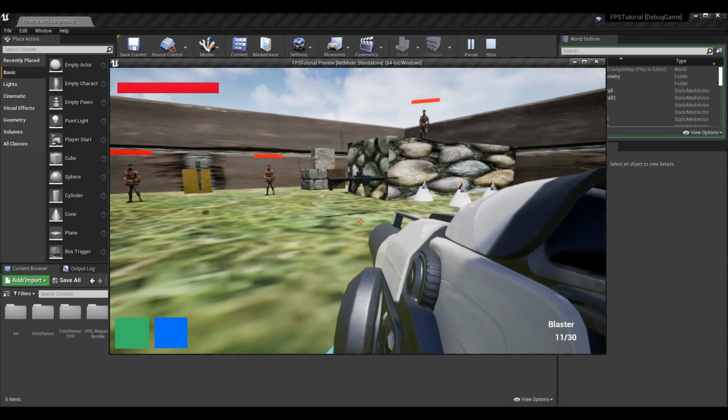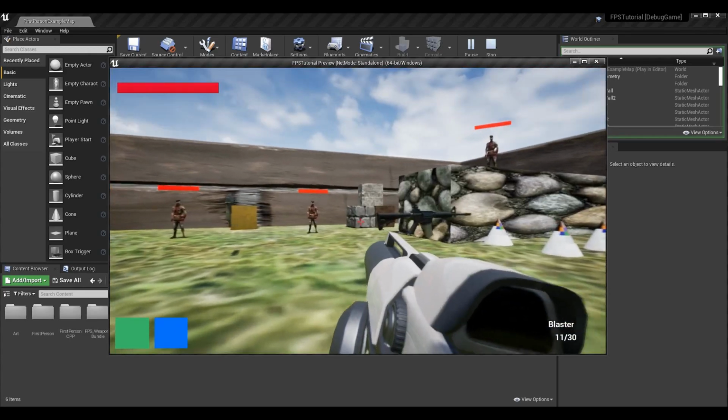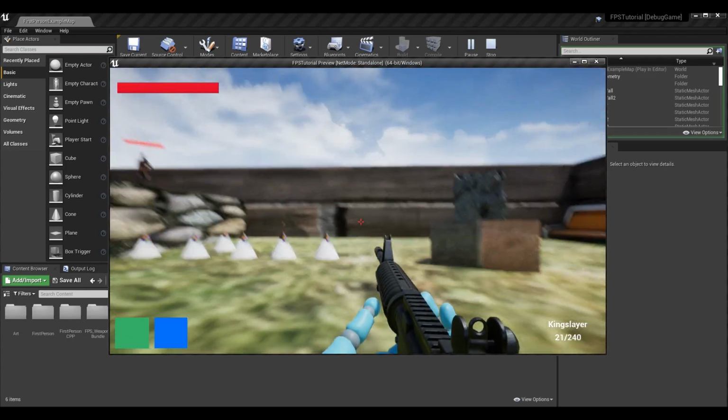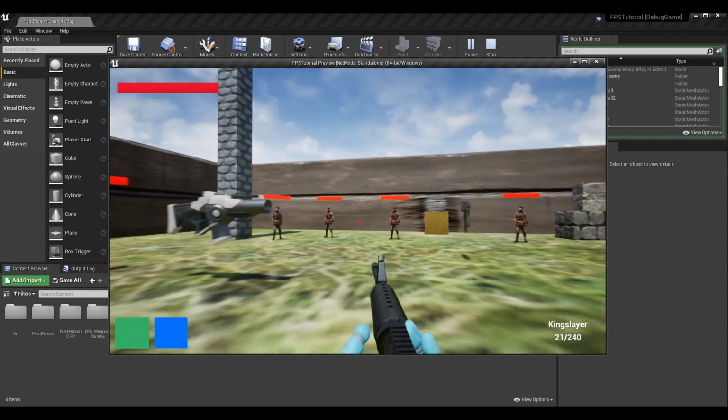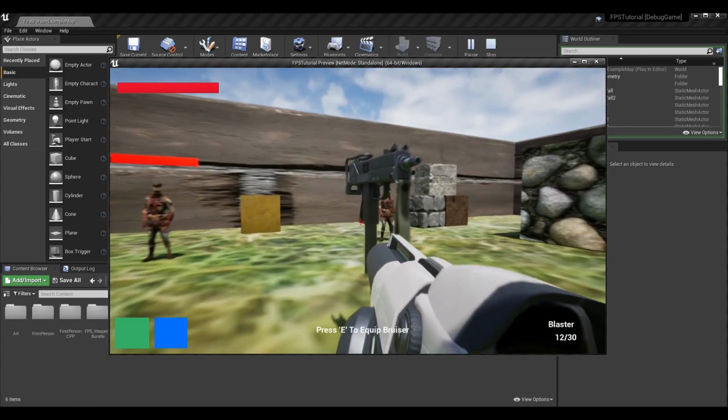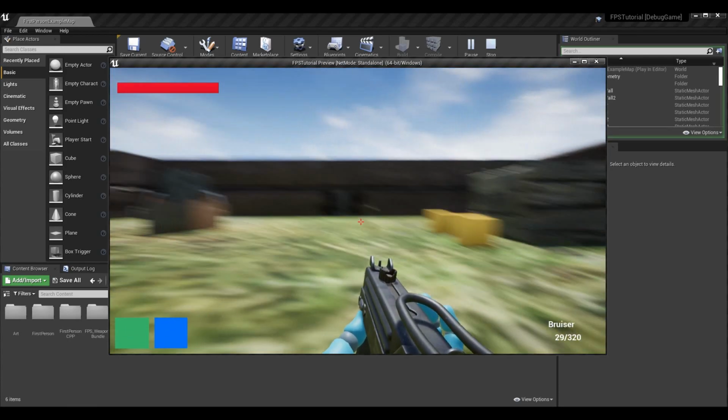What's up guys, Shawnthebro here, and today we're going to be going over positioning weapons in our hands properly. There are going to be some issues because of the animation itself. It might not look completely correct, but if you remember in the previous episodes, the guns wouldn't even show up